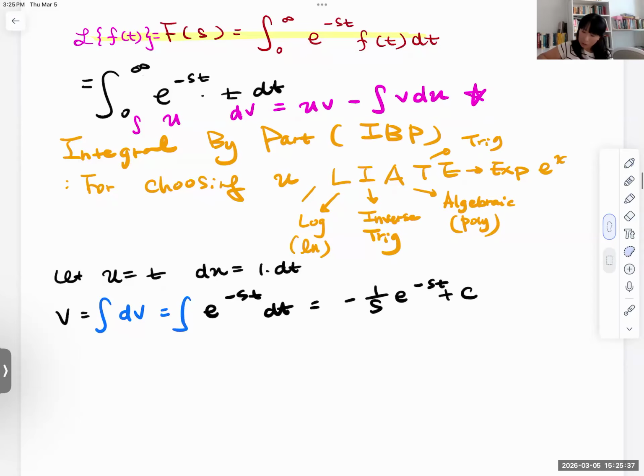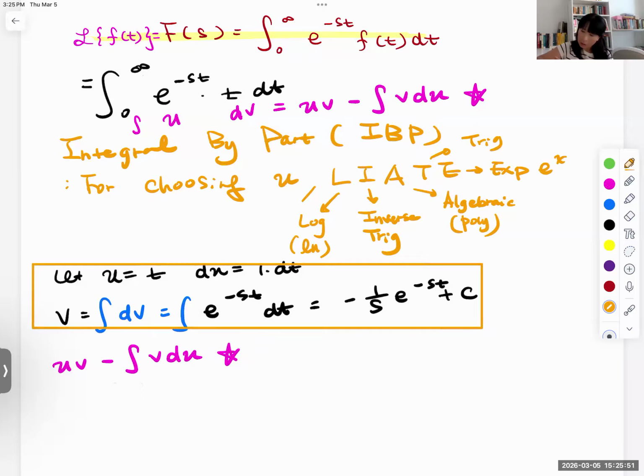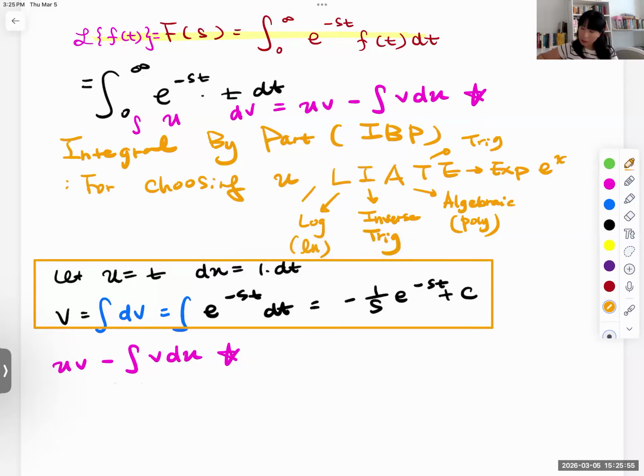So u will be t, and v will be negative 1 over s e to the negative st. So uv is negative t over s e to the negative st, minus